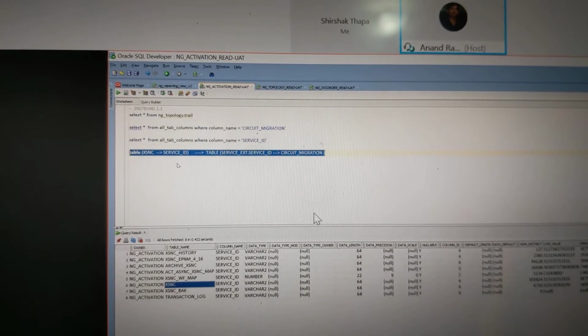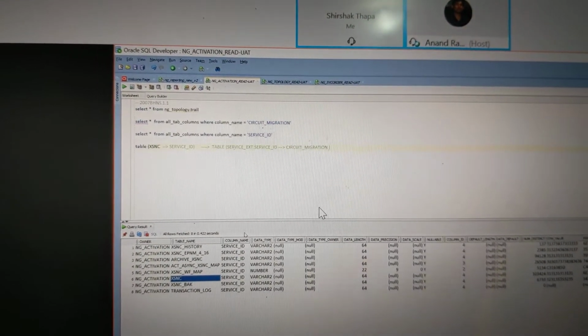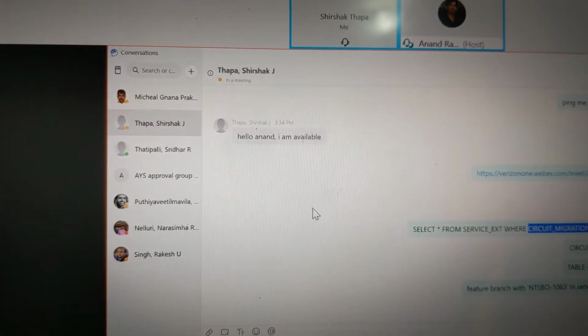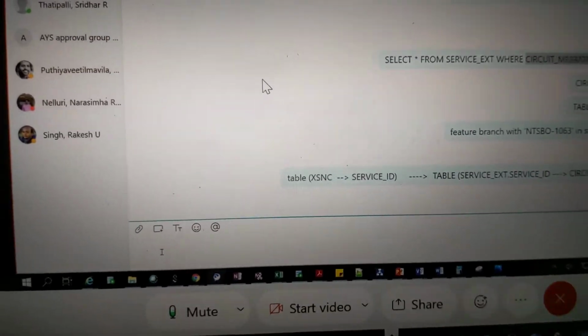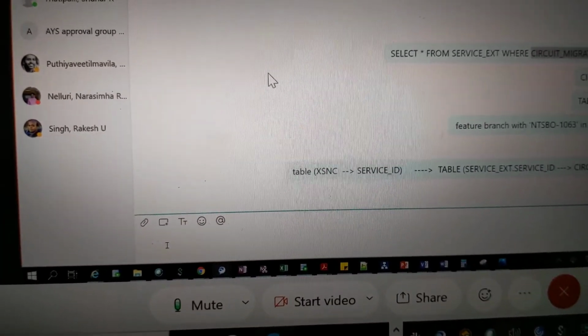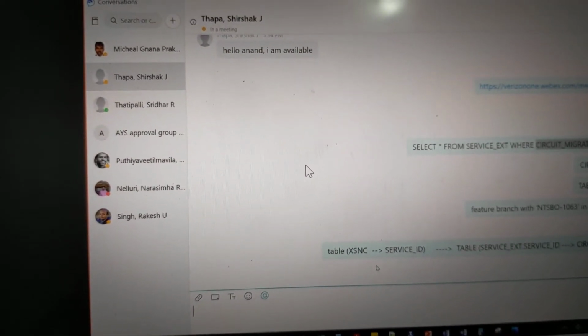So this table has a relation, so you have to get the new object. You can use that service ID from the XNC. There is a relation between those two. So you can probably use that.